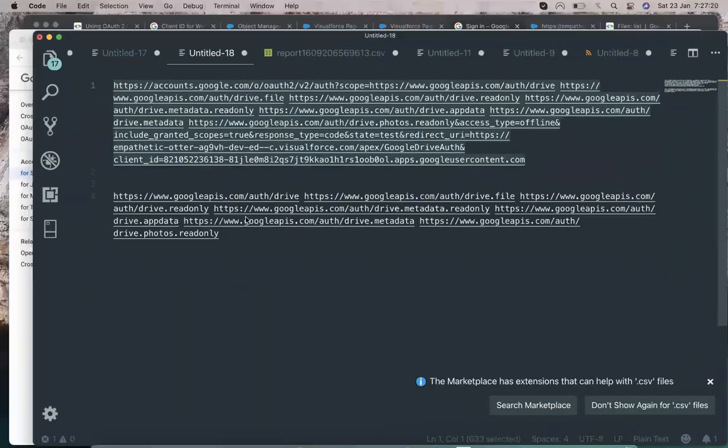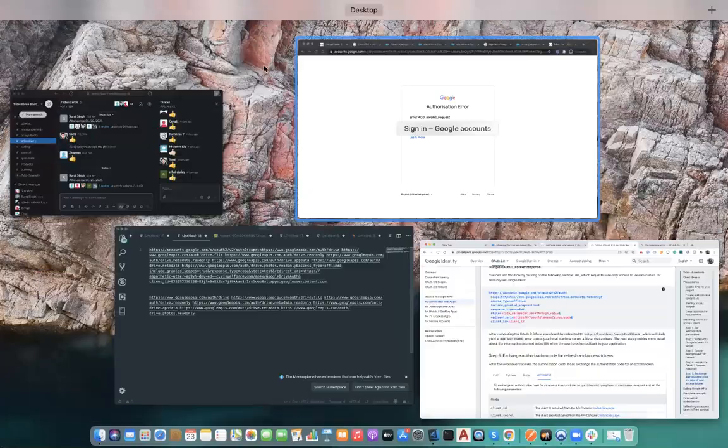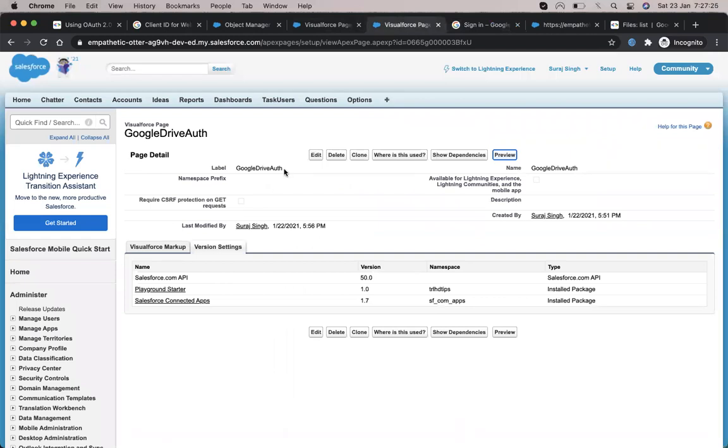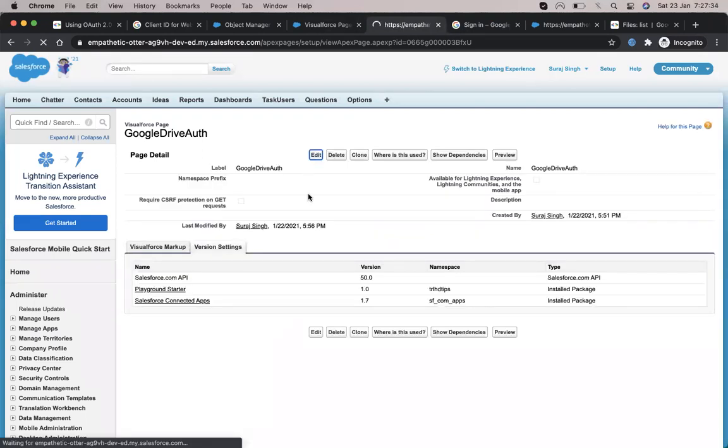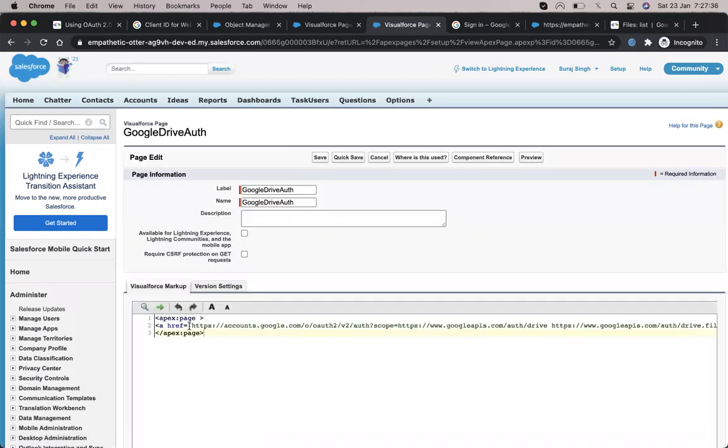Copy the whole thing and come up here and go to our page. Just like that anchor tag, when you click on the anchor tag, it will open some URL. Remember that thing? It's the same thing. I just want to open that URL on hitting some button, so that's why I generated a page. Whenever I click on this Google Drive auth, it will open a URL. Only for that I generated that page.